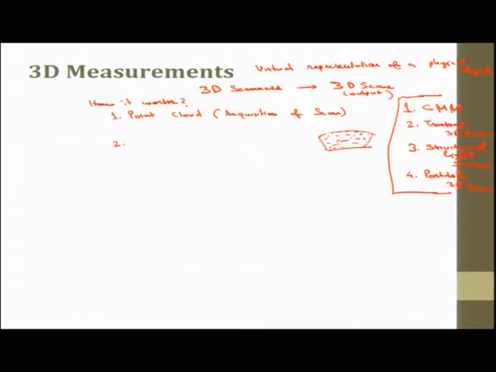Using the point cloud, we create a triangle mesh. What is a triangle mesh? Now this is the point cloud, we will make triangles out of this. Joining a point with another point, we are trying to make the triangles. Similarly, the whole surface would be in the form of triangles. This is known as a triangle mesh. So this is what I would call mesh generation.